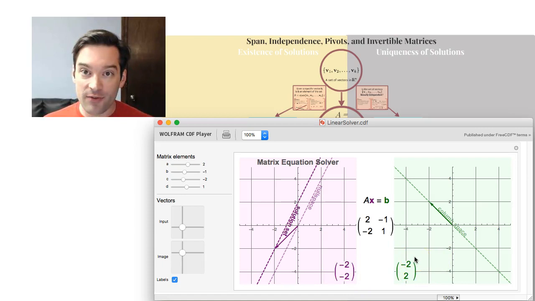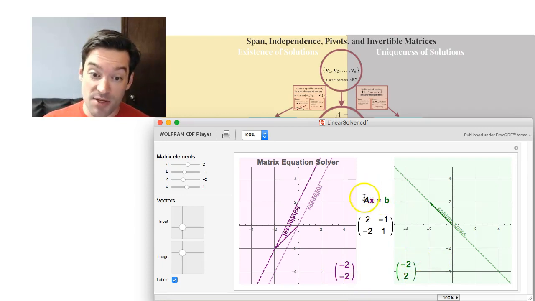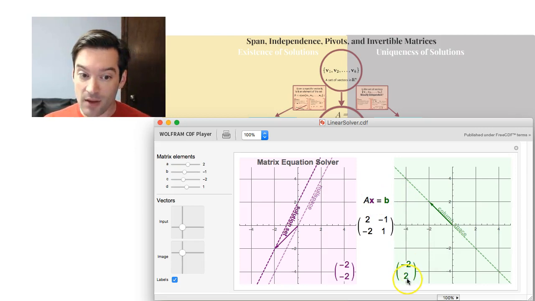But what is the set of solutions? What is the solution space, not to the homogeneous equation, but to the equation Ax equals this vector? What does that solution set look like? Is (-2, -2) a unique solution to this or not? And what you'll notice is that there's actually a bunch of other vectors on the left-hand side that I can choose here, which when I multiply by A,